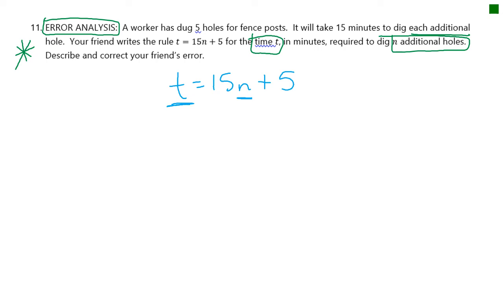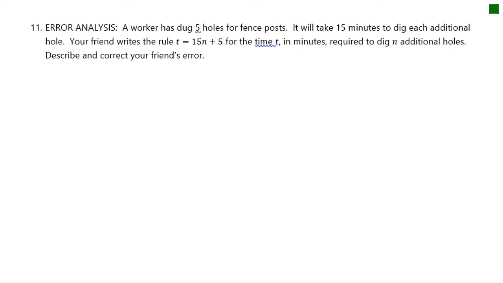Well, they told you it's going to be 15 minutes to dig each additional hole. How many holes am I going to dig? I don't know. How much time is it going to take? I don't know. But keep in mind that they said additional. What happened to the 5? It said a worker has dug 5 holes for the fence posts. So she had already dug the 5 holes. Like, there's no more additional. So the 5 holes is a mistake. So the mistake is your friend